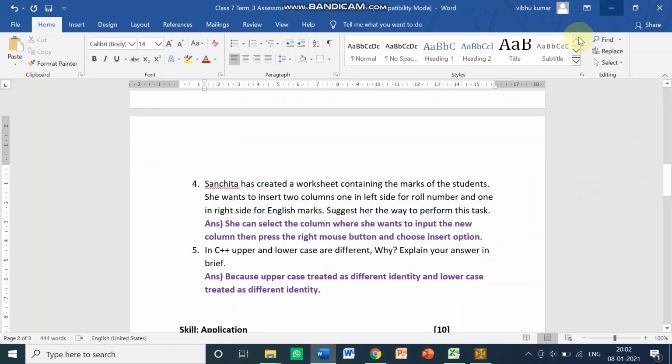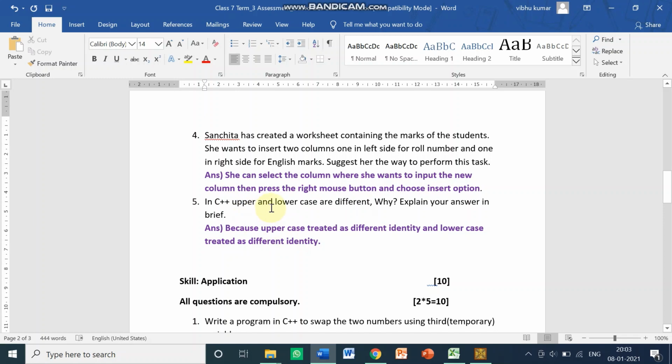Okay, now here in C++, upper and lower case are different. Why? Explain your answer in brief. Because uppercase treated as different identity and lowercase treated as different identity. Most of you have written the answer not very correct. I'll show you this in the C++ that why it says it treated as different.